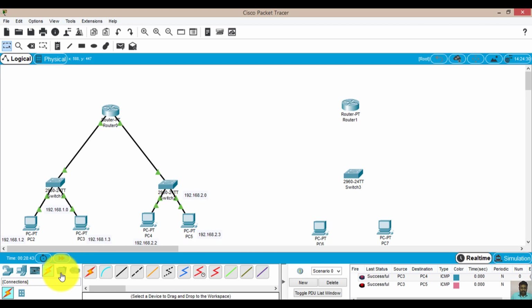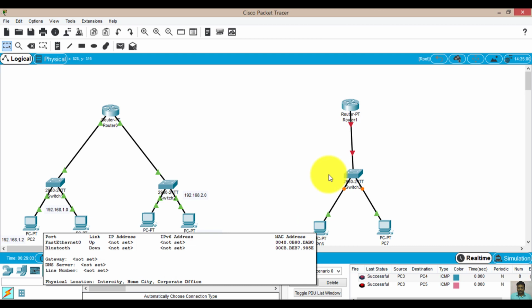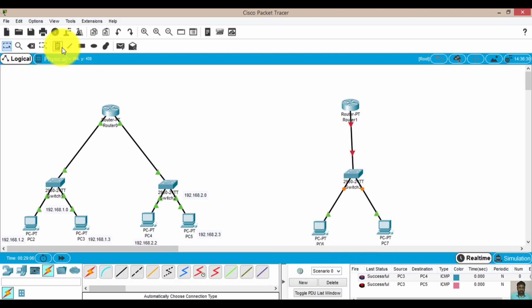Then I will start connecting it, PC to switch, then this PC to this switch, and from this PC to this switch. Please mind, this is the simplest network we can build. Now I have to connect these two networks. Before connecting these two, I would again configure IP addresses for this particular network. This network was 1.0, this was 2.0, and let's suppose this one is 3.0.